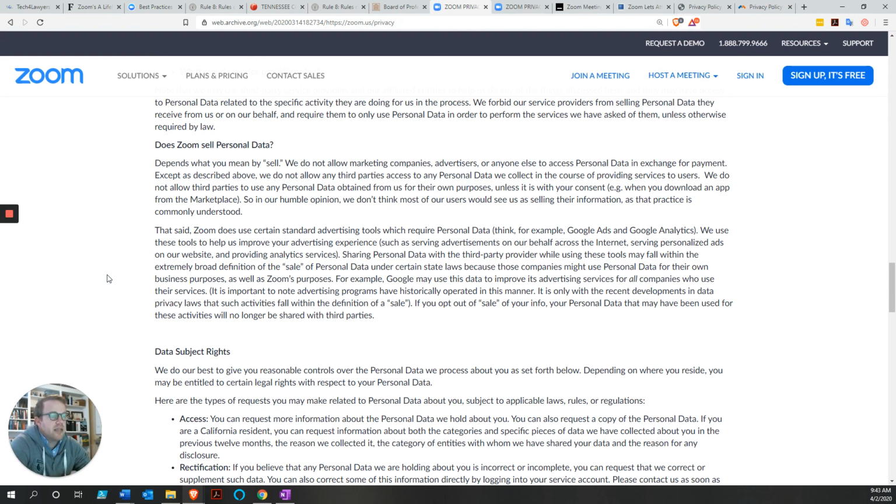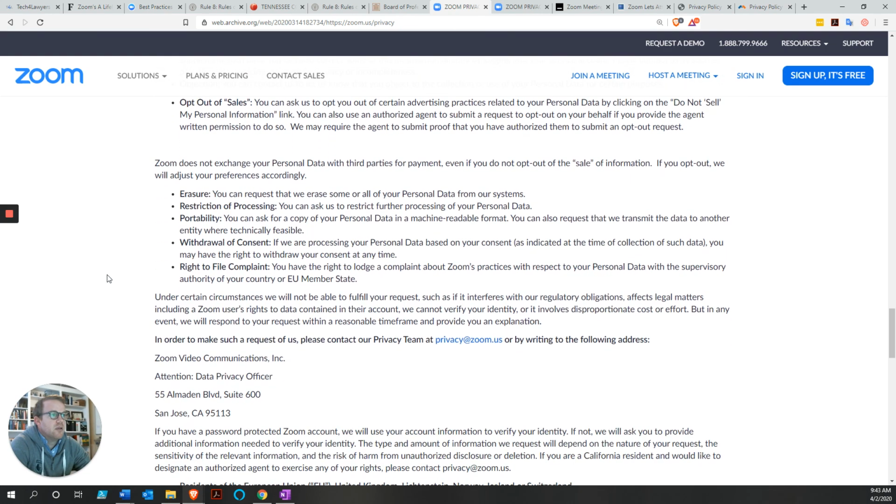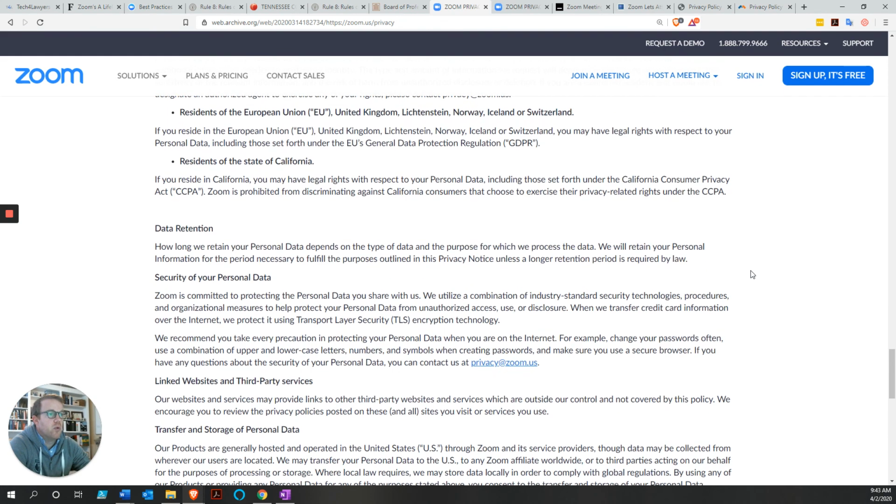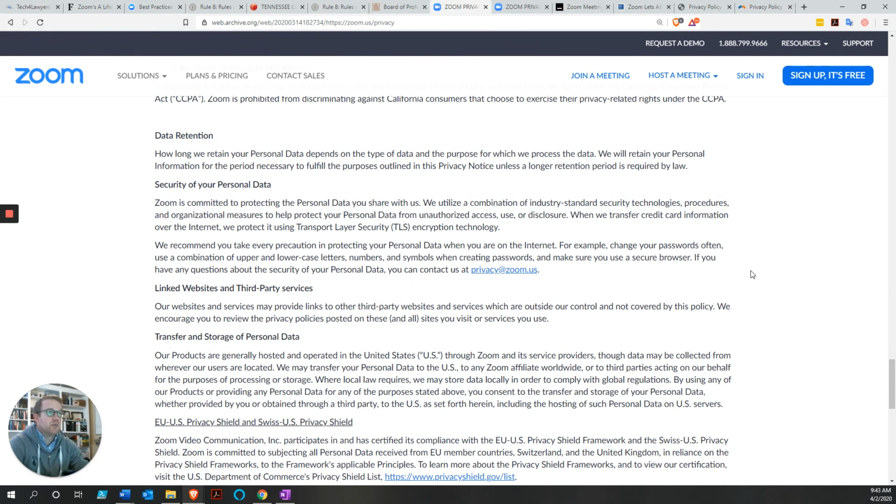So next, we want to look at, so again, this is, do they exchange for payment? And they say that you can opt out of this sort of quote unquote sale. So you can get your way out of this. A lot of places kind of let you buy your way out of this, but you can kind of secure your way out of this. But what we want to look at now is data retention. What do they do with our information when they store it?